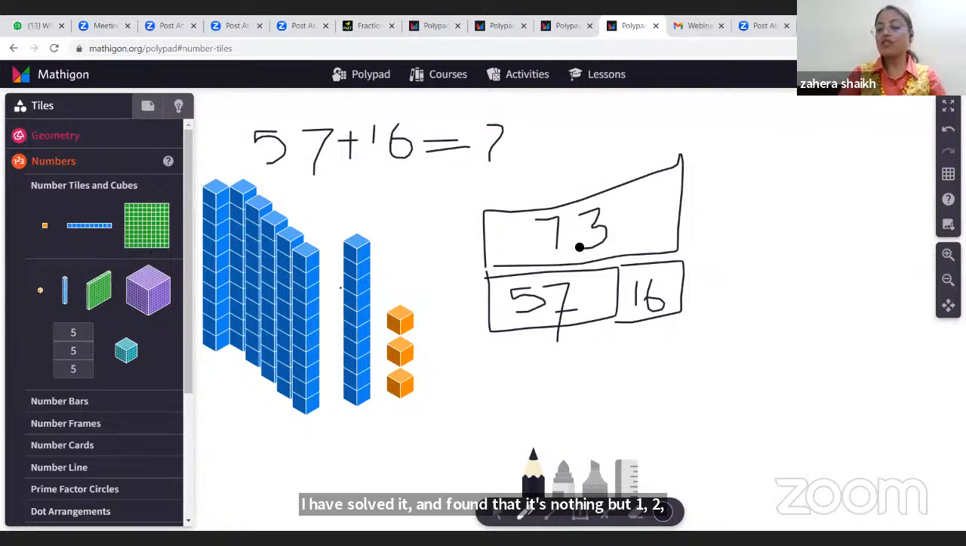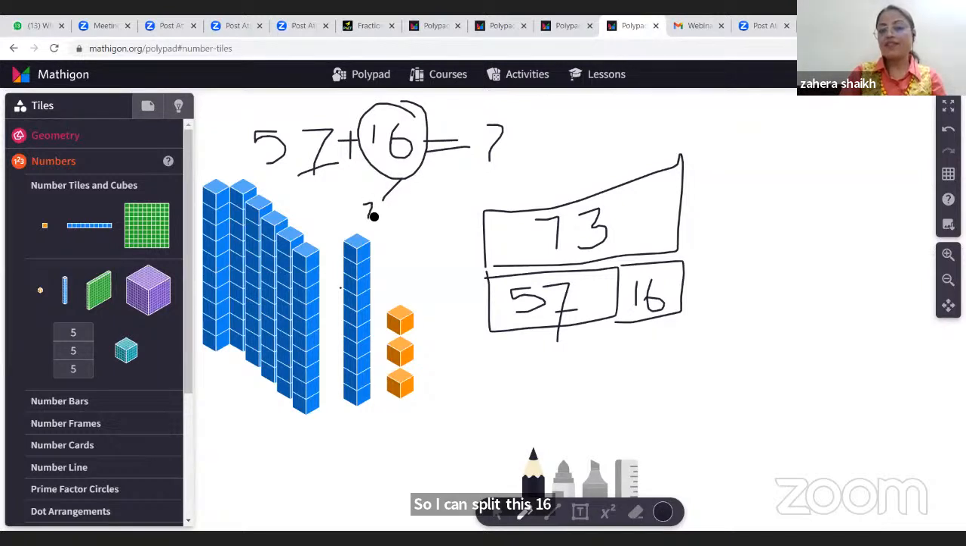So if I want my child to give a reason, like what strategy they used and what exactly happened in their mind to solve this question, they must be able to give me the reason behind their thinking. Like they can give this strategy. See, I know this 7 needs 3 more to become 10. Okay, so I can split this 16